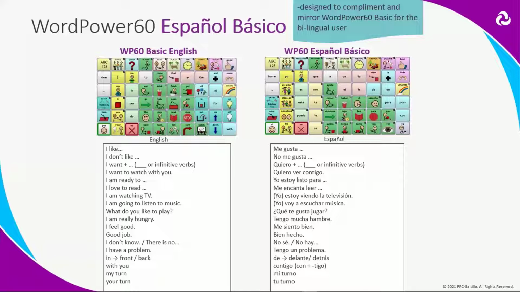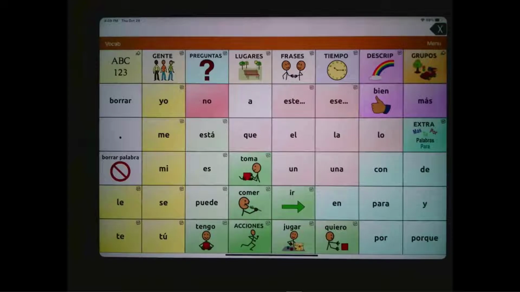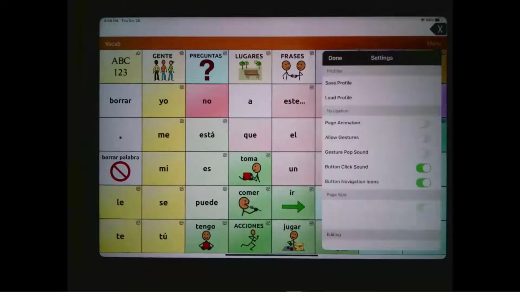And there were lots of literacy supports and lots of symbol support. We added more symbols on the pronouns. We thought a lot about what the symbols were. We thought a lot about which verbs to place on the main page, because we wanted the verbs to be sentence starters. So in English, you know, we have things like open, and put, and stop, and tell, which would all start a sentence. And so in Spanish, we did the same thing. So actually, I'm going to jump over to